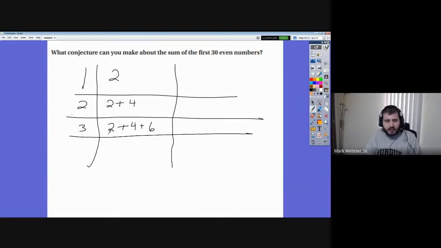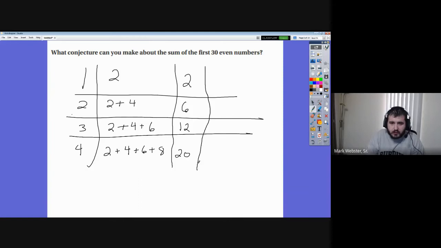Here we want to get something based on 3. And we can do this as many times as we want until we can figure out what the pattern is, right? So let's figure out what that is. One even number, we got 2. 2 even numbers, we've got 6, 12, 20, right? And so I always like to get things in terms of, if I want to find a formula,